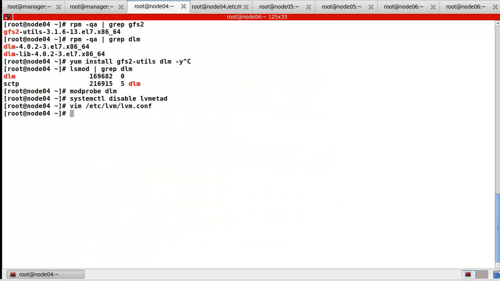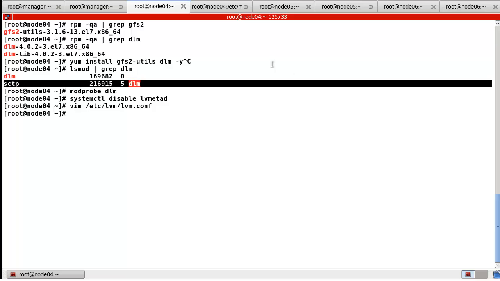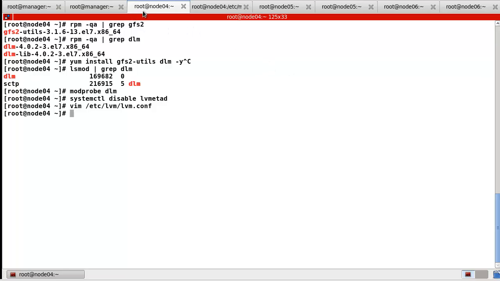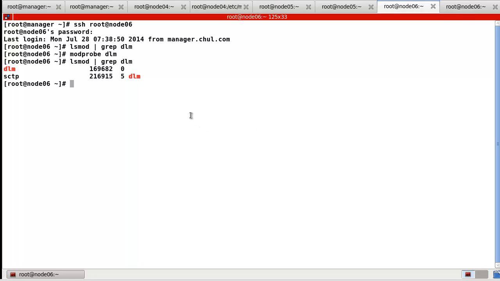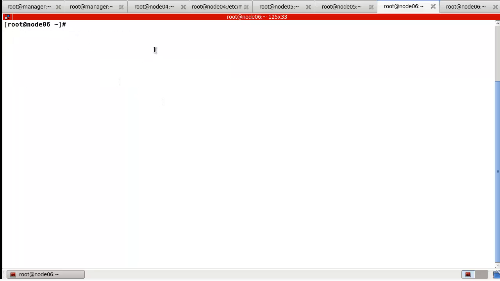Okay, if you finish this one, configuring the CLVM support on the cluster, please check this configuration on the other nodes as well. In my case, I already configured this one on node 5 and node 6. So now I'm configuring this active and active mode for Apache on node 4, but node 5 and node 6 are also members of this cluster. So now in step 4, I will configure the other things.